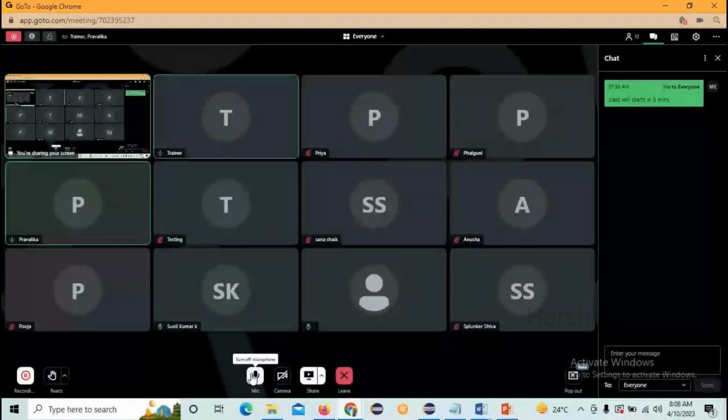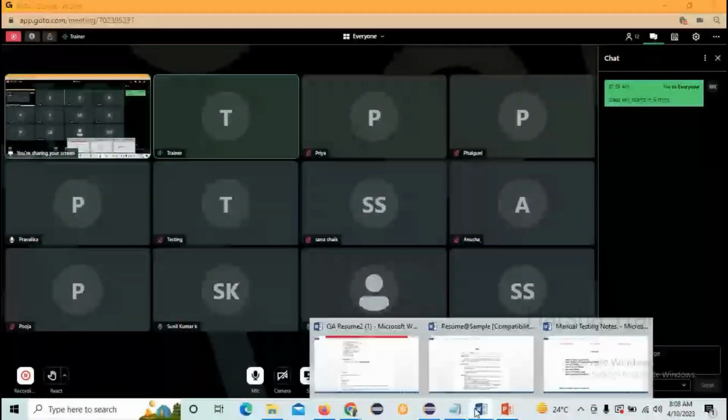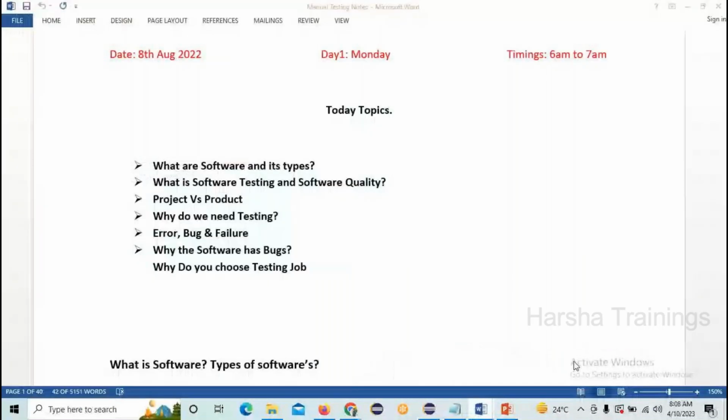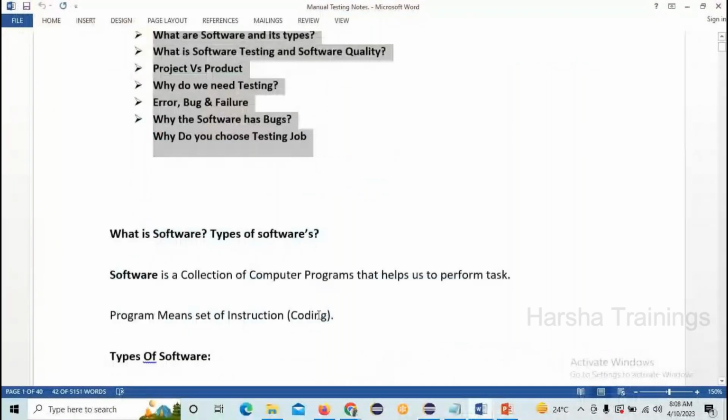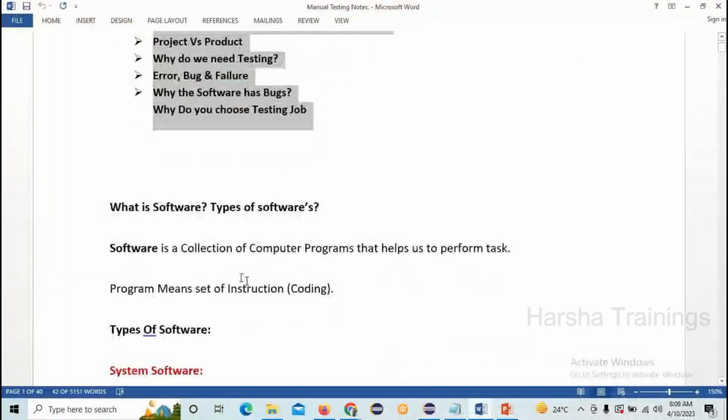Software is nothing but a collection of programs that helps us to perform a task. Software is a collection of programs, but a program is nothing but a collection of instructions.